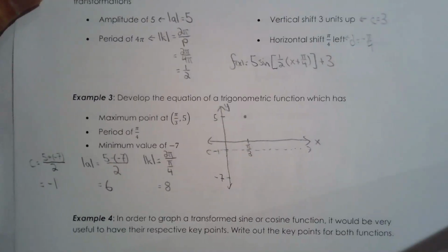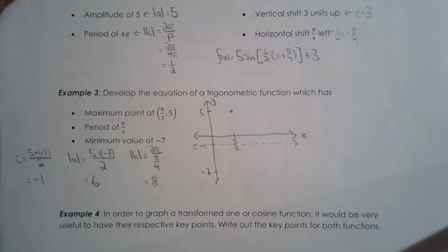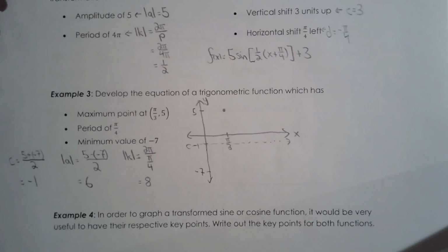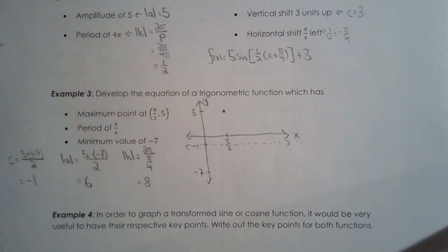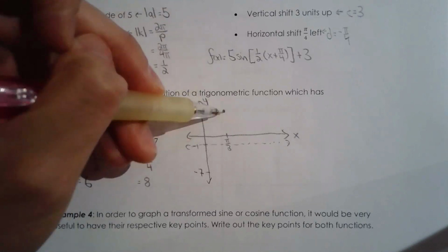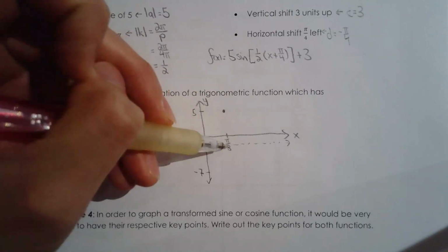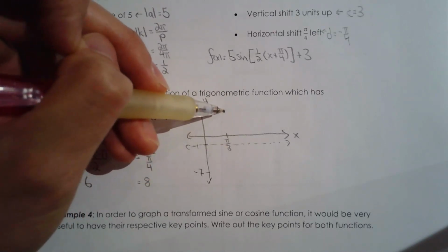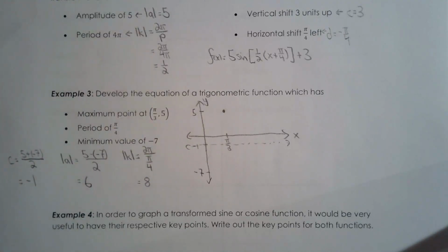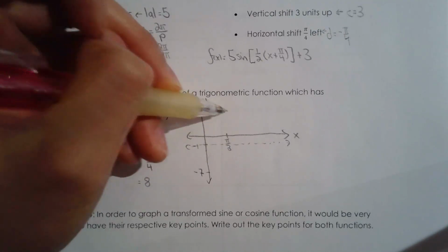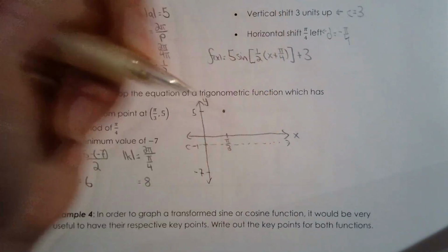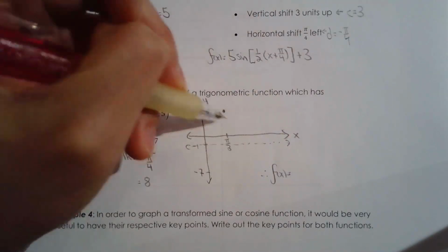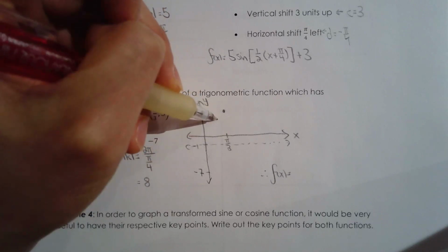Okay, so I have A, K, C, I just need D. So this is where we come back to what I said at the beginning. If this is the beginning of my wave, I'm going to use that as my horizontal shift, right? I start at a maximum point of my trig function. I could choose a lot of different points, but since it gave me this maximum point, I might as well use it. So therefore, f of x equals,